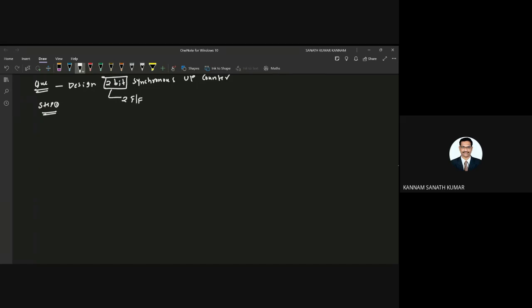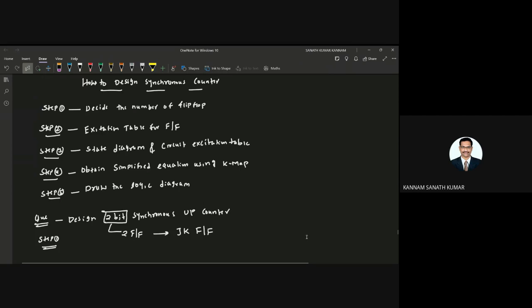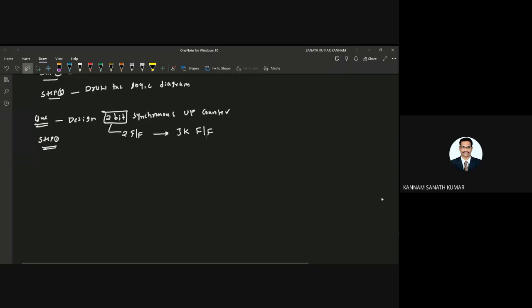Okay, so I am designing this synchronous counter by using JK flip-flop. Step 1 is completed, and in step 2, you need to get the excitation table for the target flip-flop.